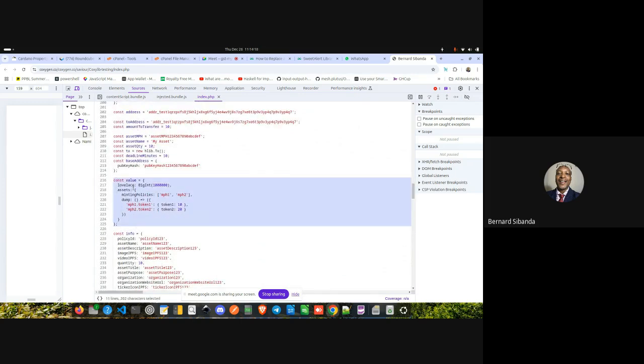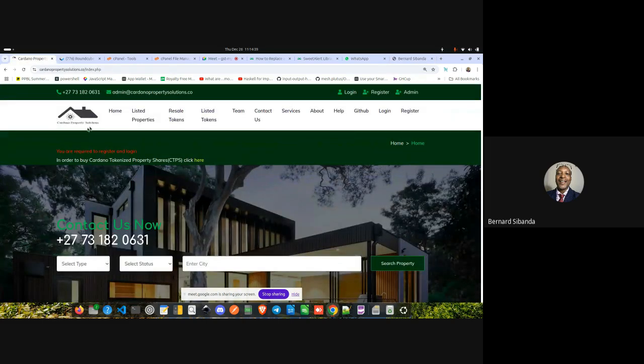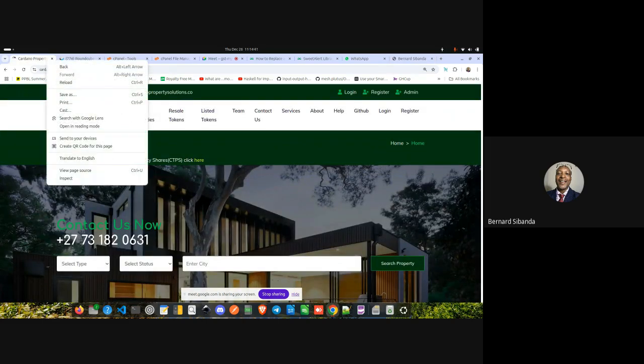If I am to show you value, how it must look, it won't have a field like that. Let me open the real blockchain and show you the value.